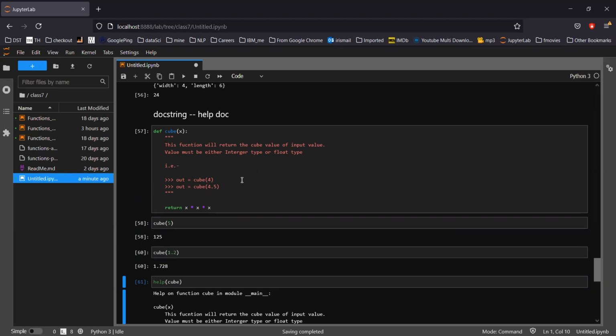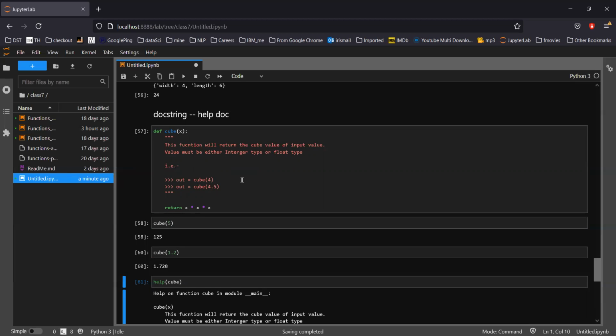But when you are actually coding for your project or something like that, always try to put a doc string. In the doc string, always try to put a simple definition of what your function is doing, and if possible, put an example as well, like how you can execute that function. That way, if I have written some functions and you want to use them, I don't have to explain to you how to use them. That function is already there.